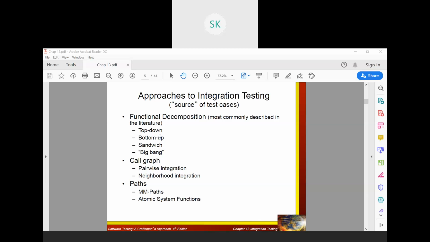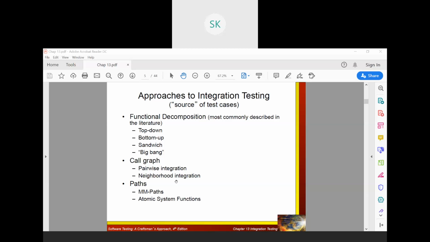With respect to the structural way, integration testing means a call graph. That is pairwise integration. For your entire module, you will have one call graph, one program graph, and the paths you identify are all similar. Once the connection is established, a message should be displayed. Only after the connection established message, you communicate for insertion, deletion, or updation. Based on that, it travels to the next party. That is nothing but your pairwise integration.